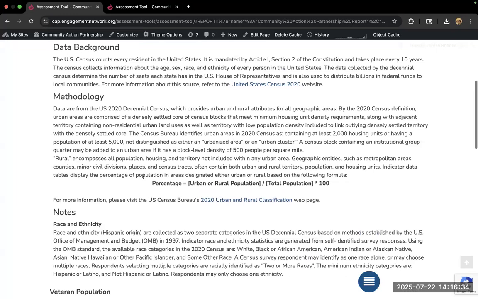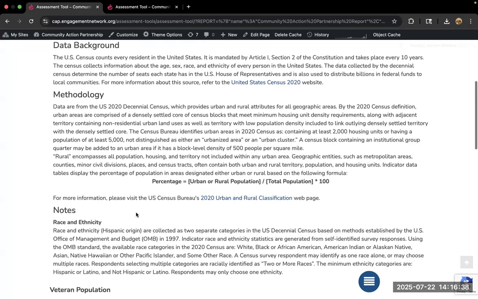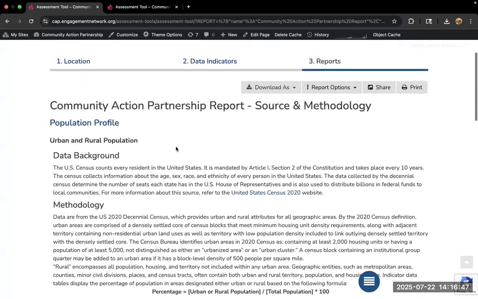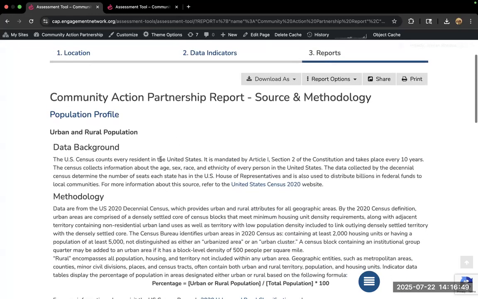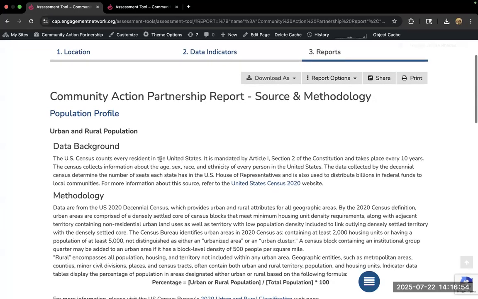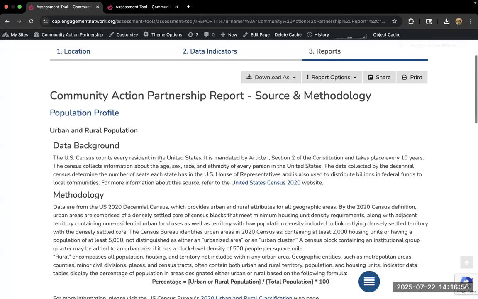And then if CARES does anything to create an estimate for the data, we will insert some content about our methodology as well. And so an example of that would be here in a second when we go and create a report for a zip code instead of a county. For some of these data indicators, we're using what we call a small area estimation model to get those estimates, and we'll talk about that and talk about how to get the info on it.